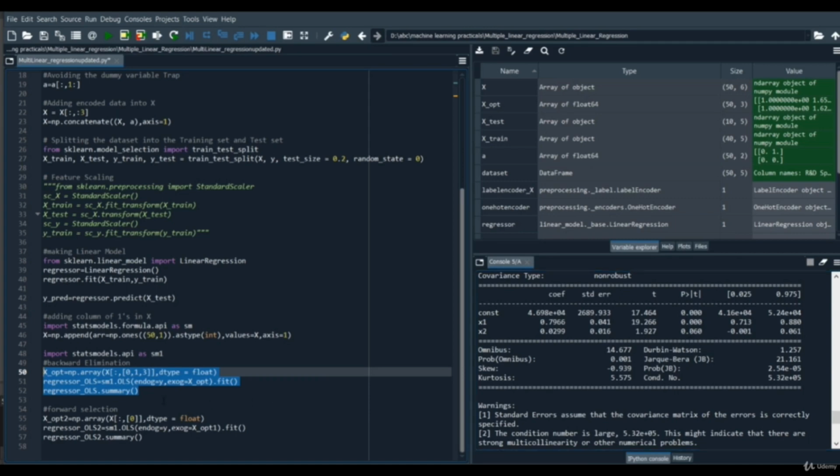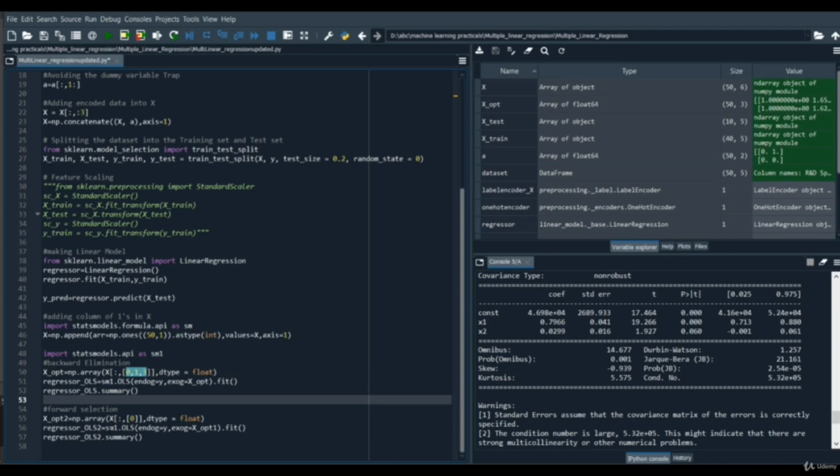So now as you can see here, we have the remaining columns 0, 1 and 3. If we use these 3 columns for fitting, or training, our model, then the prediction that the model is going to make will be quite high compared to the previous one. Now this is all about backward elimination. Now we are going to start with forward selection.